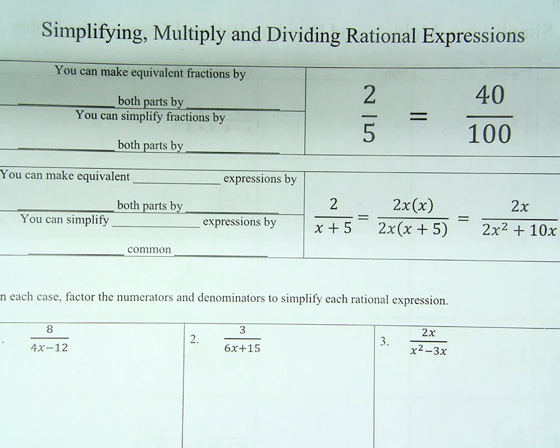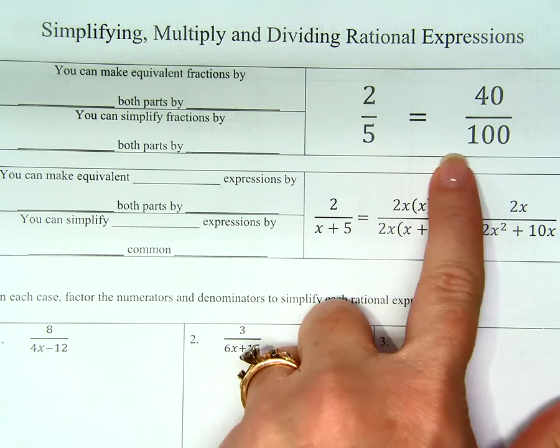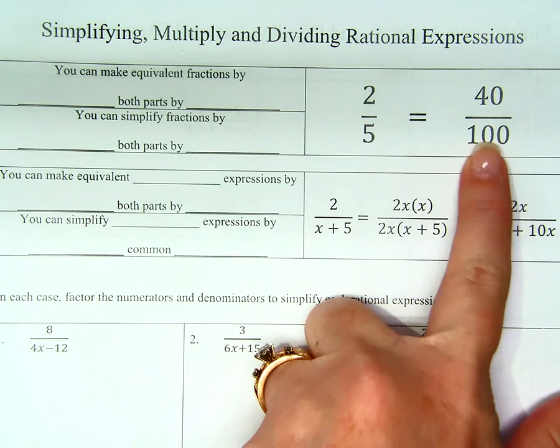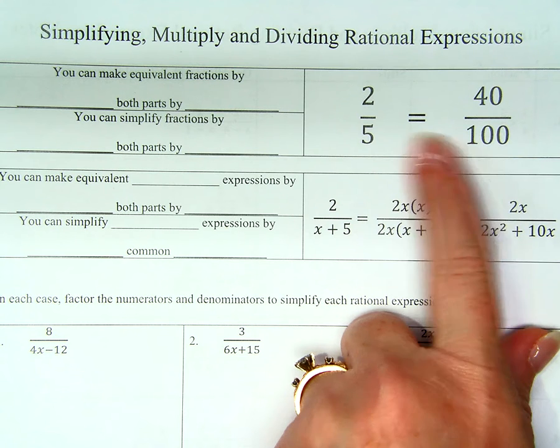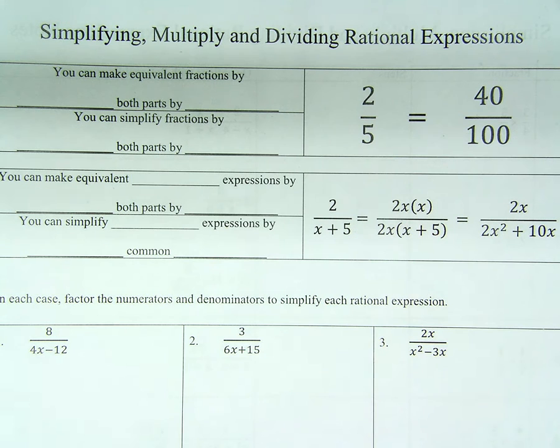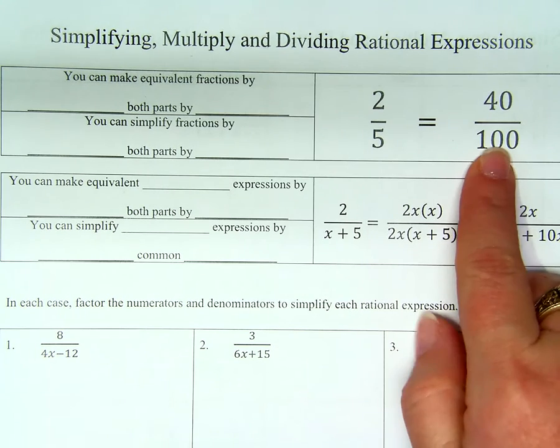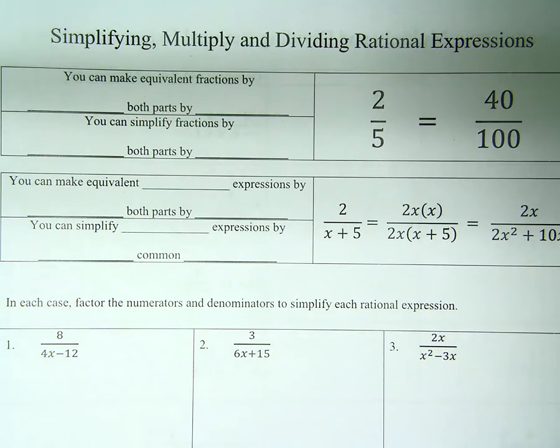Simplifying, multiplying, and dividing rational expressions is where we're starting today. Okay? So look at this giant example that's right here. 2/5 equals 40/100. Does 40/100 also equal 2/5? Yeah? So you can make equivalent fractions by blank-ing both parts by blank. Any ideas? If we're going from here to here, you can make equivalent fractions by